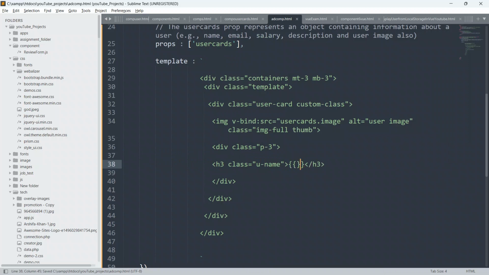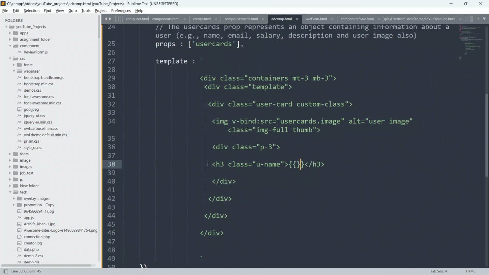Always remember, as I have explained many times in my previous videos, whatever you have to show inside the HTML as output from the Vue.js instance, from the Vue.js code, you have to put inside the double curly braces. Then only you will be able to see the output in the browser.